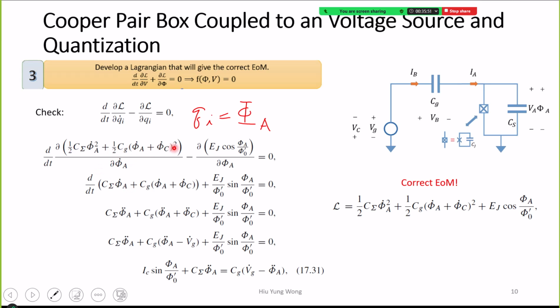With respect to this one, take out the 2, right? And then cg, and then you have this one. That is for the first term. Second term, with respect to phi a, cosine becomes sine, negative sine. And ej is there, but here you scale by phi naught dash, so that's why I take out phi naught dash. Here you continue to have a second derivative, so you make this into second derivative. And then plus this guy. And then we further substitute phi c equal to,